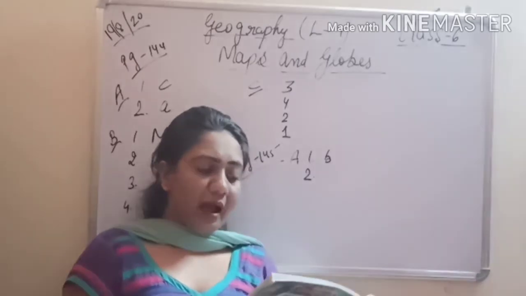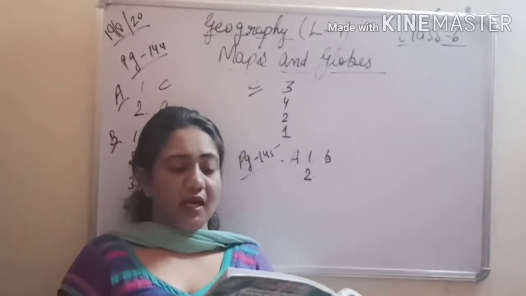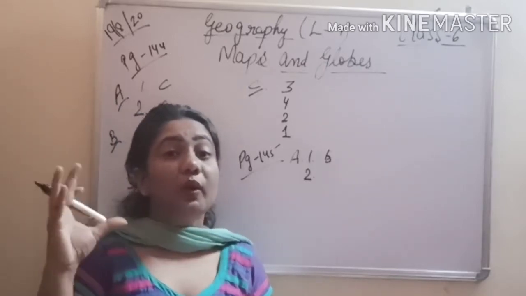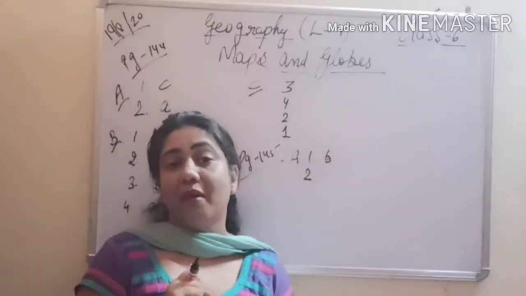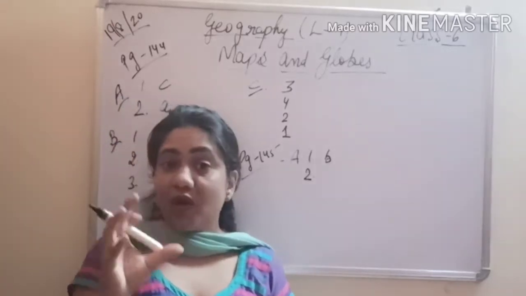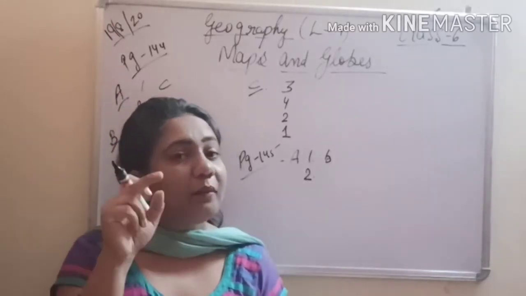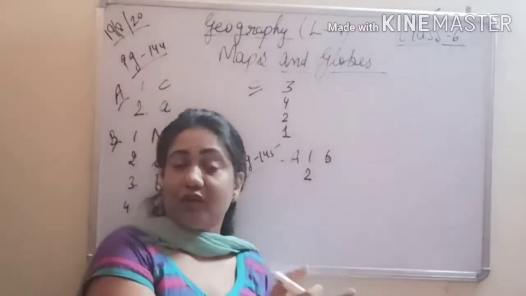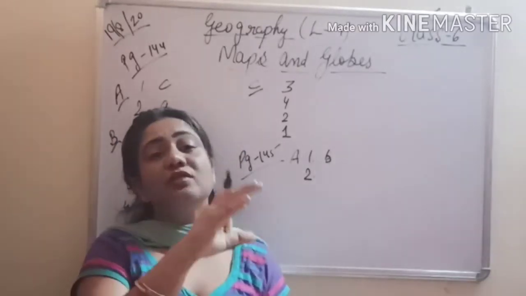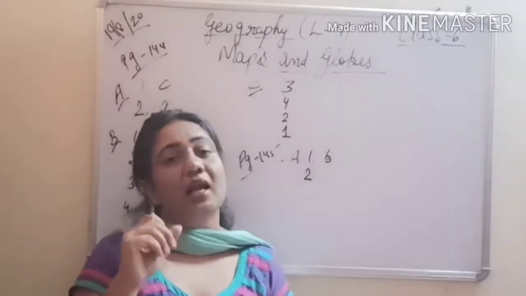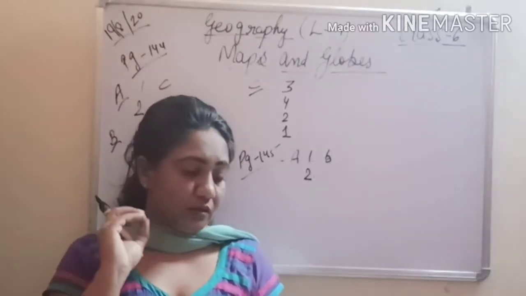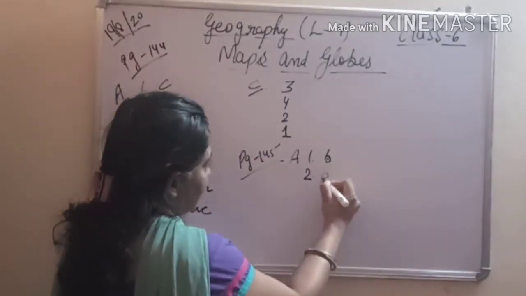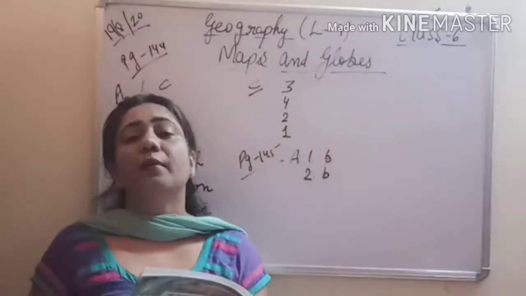An accurate map of a very small area is called a dash. Accurate map. We need very minute details to draw that map. What is that called? Of a small area. That is called a plan. The length we should know, the breadth of the room, of the washrooms, of your kitchen, of your garden. So it requires a very minute detail and it is known as plan. So it is option number B according to your book again. So just put a tick on option number B.